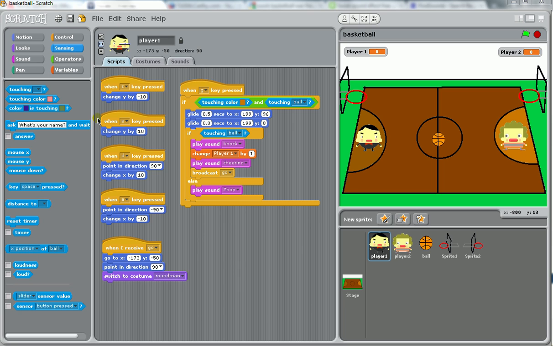This time on making sports games. I've got a fairly simple game that I finished here and I'll talk you through the steps that I used to make it. First thing I've got are two characters, two different sprites, and they're both set up to use